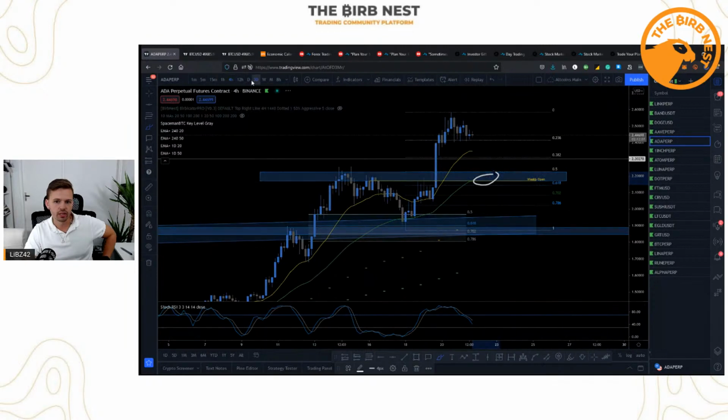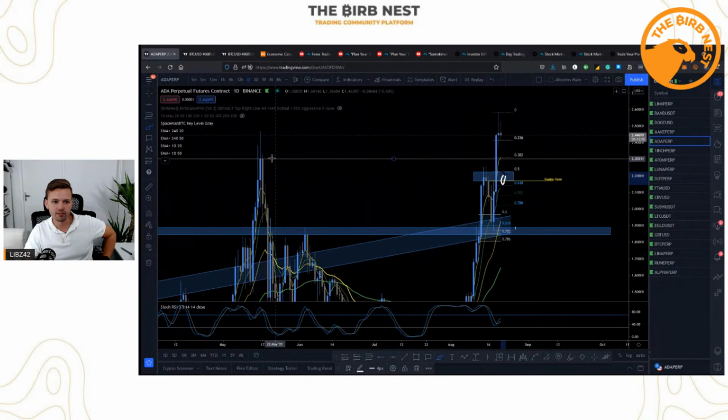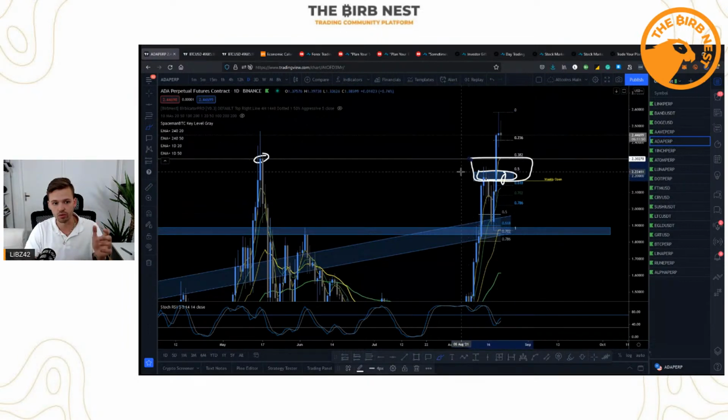So remember that on the left, on the daily, we have a very nice support area right here, but that is also a very good support area and a very clear breakout area. So actually this whole area right here is an interesting support. So because of the fact that the possible buying area and the possible support for Cardano is so wide, we should, as day traders and possibly swing traders as well,